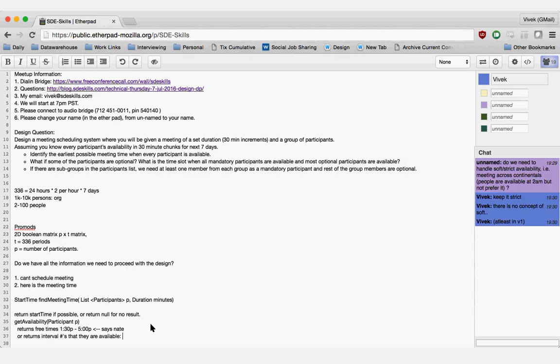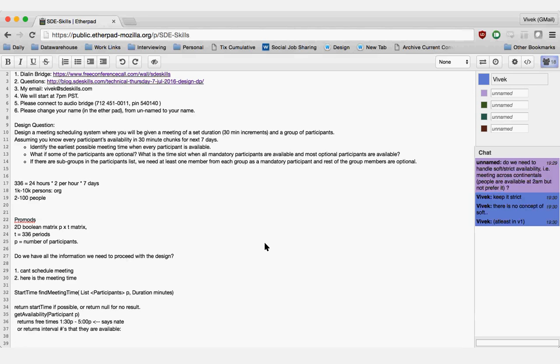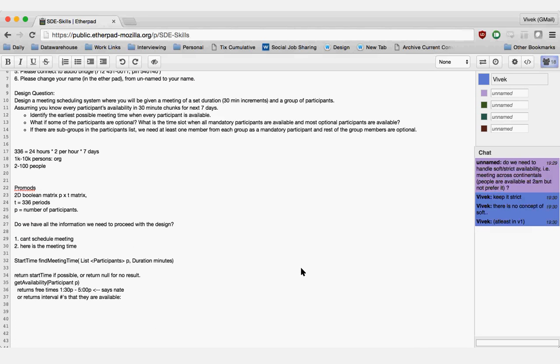What we're getting back is actually the 30-minute interval periods that are available. So it won't say that you are available from 4 p.m. to 7 p.m. It will say that you are available at 4, 4:30, 5, 5:30, 6, 6:30, and 7, or 6 and 6:30, and you're not available at 7. That is an optimization we can introduce later, where instead of getting 8 consecutive periods, we get just one record.